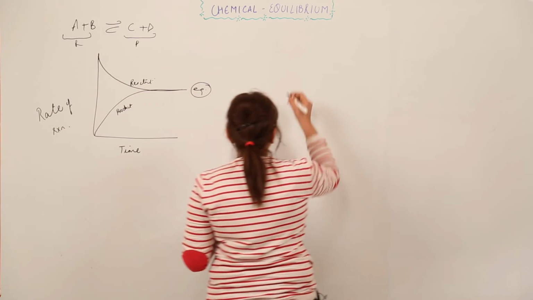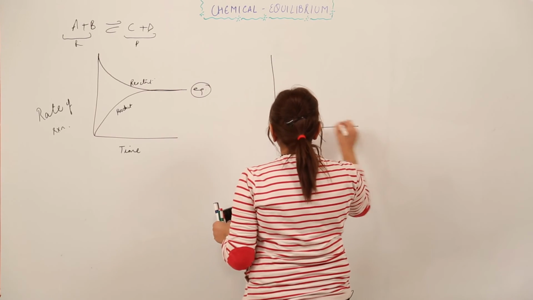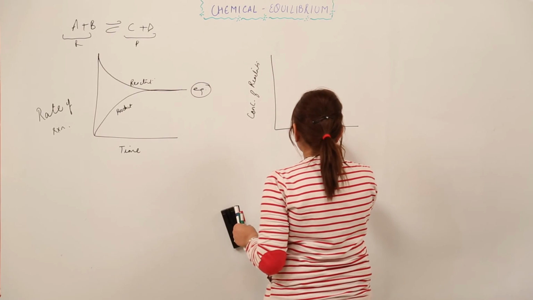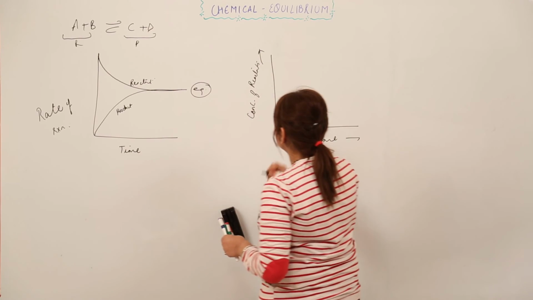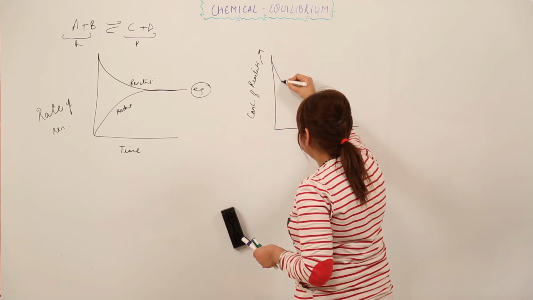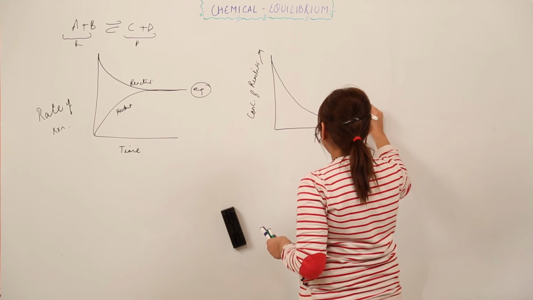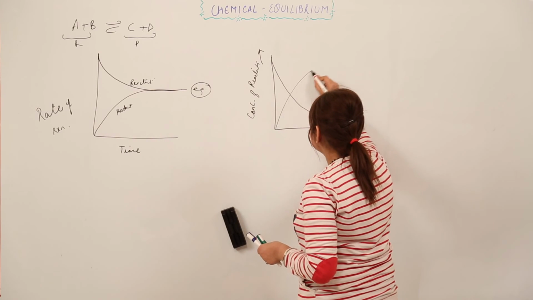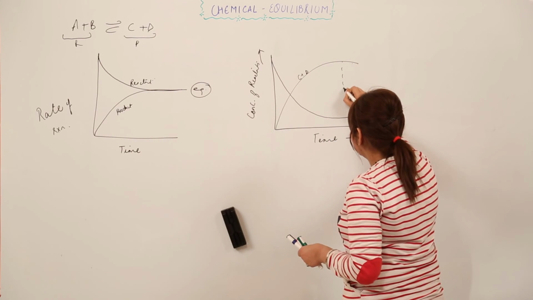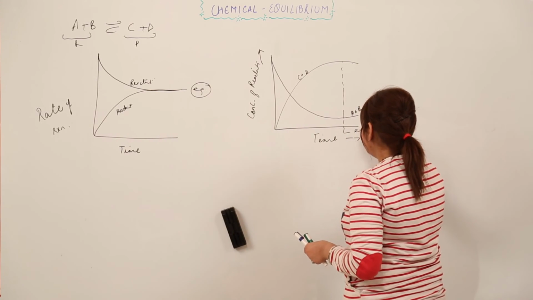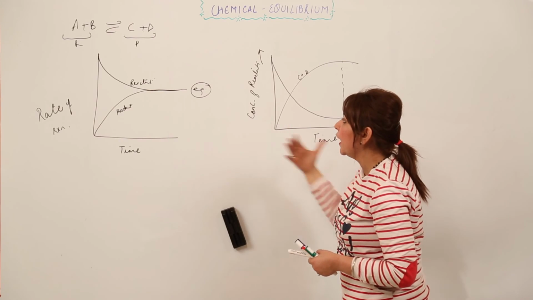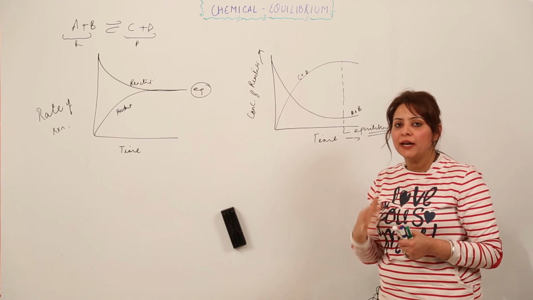And if you get to make a graph between concentration of reactants and time, how are you going to make it? We are going to make it this way: the concentration of the reactant decreases in this manner. Suppose this is for A and B, and the product increases in this manner. So this is C and D, and this state just corresponds to the equilibrium state, that means when the concentrations are going to be constant. So this is how you're going to explain it by the use of graphs, right?